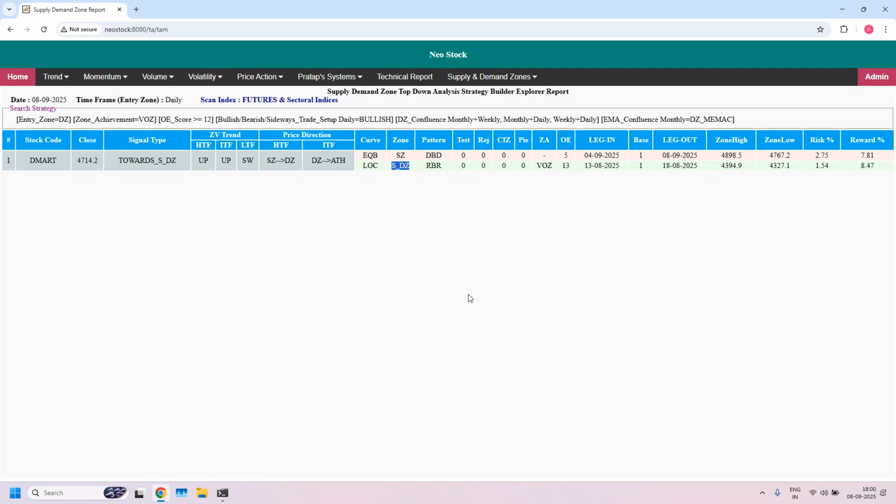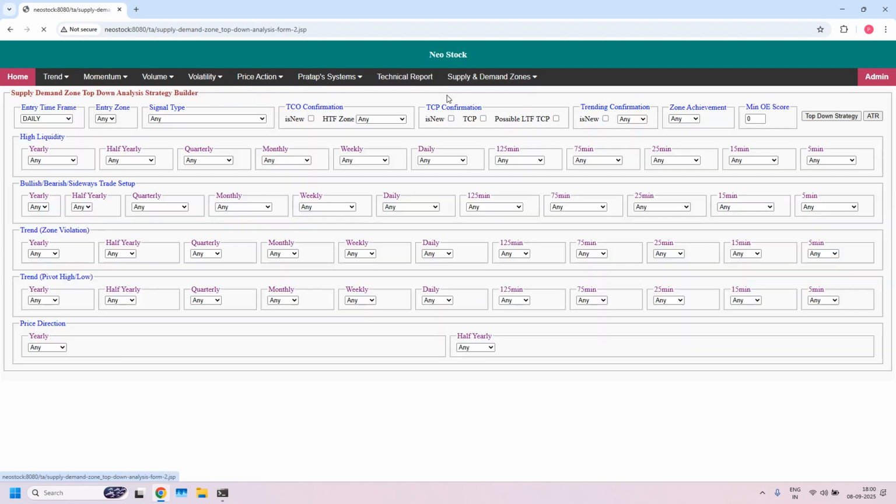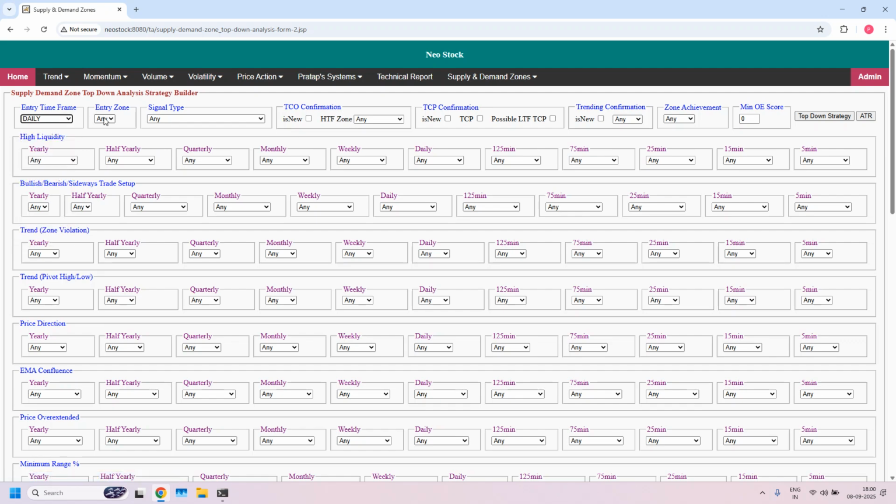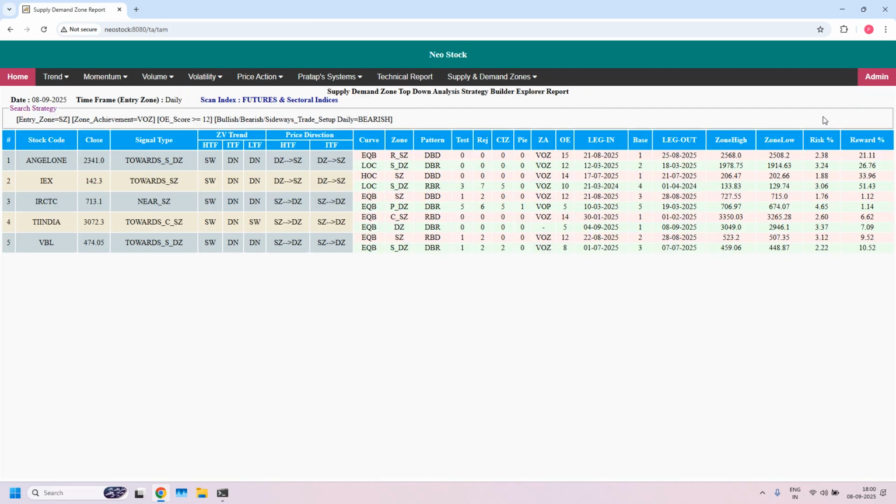So this is bullish trade setup for monthly income trade. Next, bearish trade setup for monthly income trade. Entry time frame daily, entry zone supply zone, bullish or bearish. At daily I am selecting bearish. Zone achievement violated opposing zone. Minimum odd enhancer score 12. Let's filter. We got 5 stocks supporting bearish trade setup for monthly income trade, and entry time frame zones are